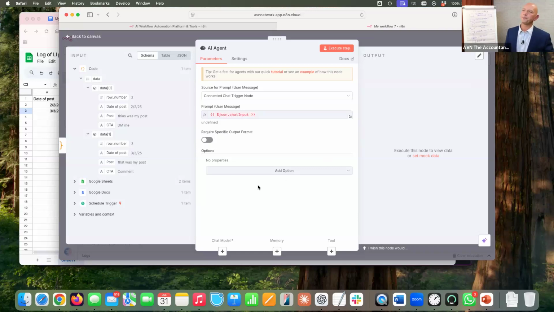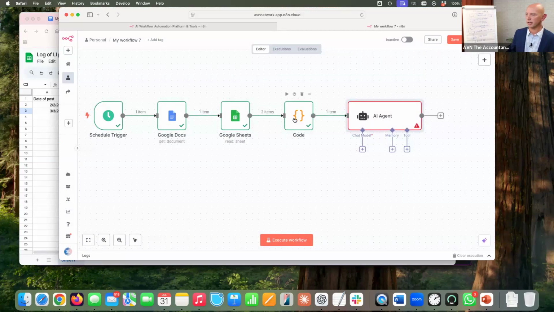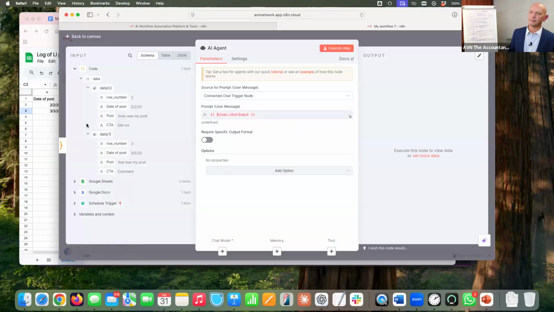Okay. So first of all, one of the things that we need to configure is that we need to tell it what it's got to do. By default, what it will do is it'll pass the information from the previous, these are called nodes. All right. So if I go to there, you can see it's passing 2 items to that. Now it's passing 1 because I've got it to condense it all into one list. So it will automatically take the information from the last thing, and we can see that on here.